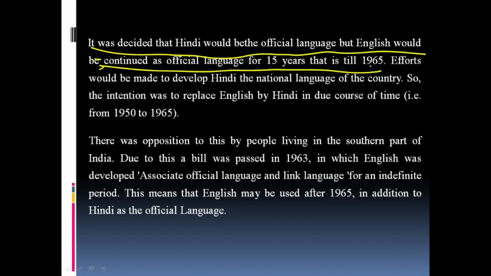Efforts would be made to develop Hindi, the national language of the country. So the intention was to replace English by Hindi in due course of time, that is from 1950 to 1965. There was opposition to this by people living in the southern part of India. Due to this, a bill was passed in 1963 in which English was declared associate official language and link language for an indefinite period. This means that English may be used after 1965 in addition to Hindi as the official